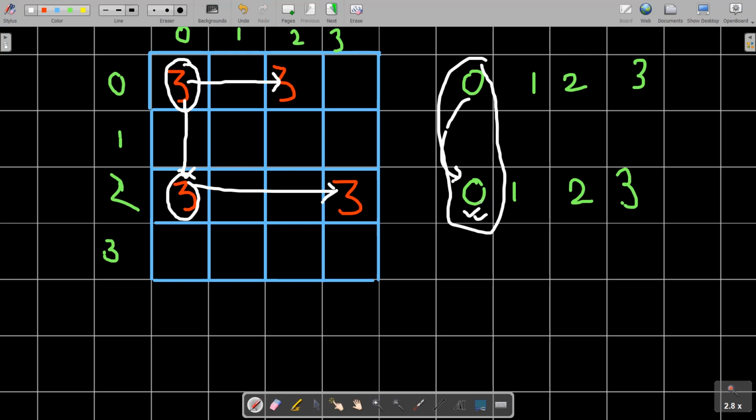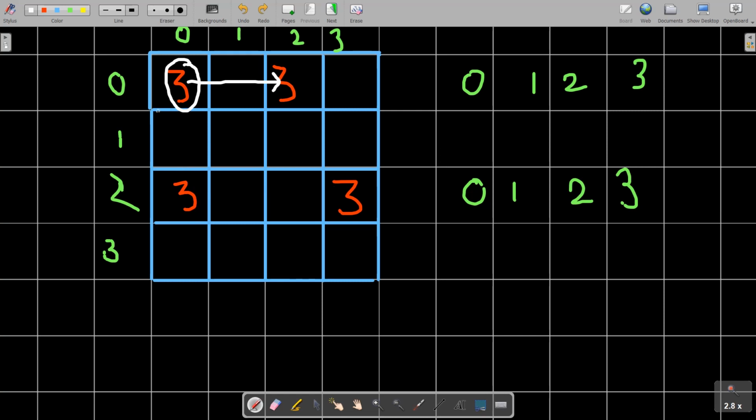Okay, let me talk about it in a different manner. Let me remove these arrows, as we are already familiar with the fact that these are the connected components. What I'm trying to say is that if I pick up this cell, I will join these two parameters 0, 0, that is the row number and the column number, and these all lie as part of one connected component.